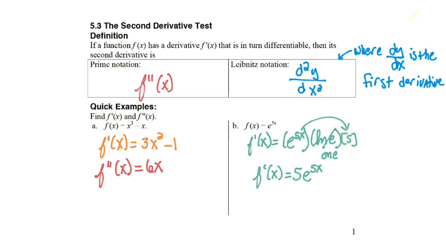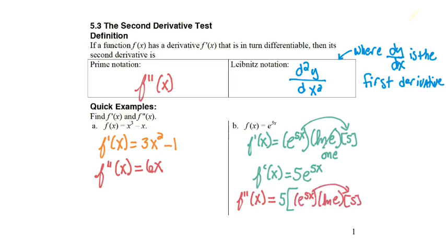So now when I go to take the second derivative, I look at the question. Now it feels like maybe you could split this into a product rule where the first part is 5 and the second part is e to the 5x. But the reason we use the product rule is when you have an x in both terms. And 5 by itself does not have an x. We're just leaving that like a lead coefficient and focus on taking the derivative of e to the 5x,